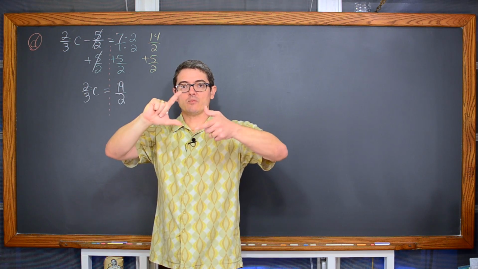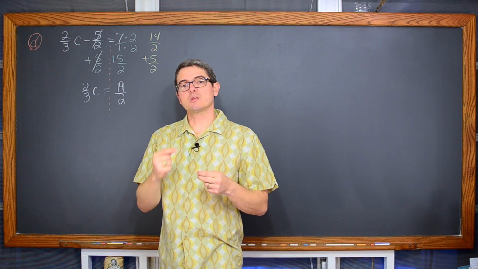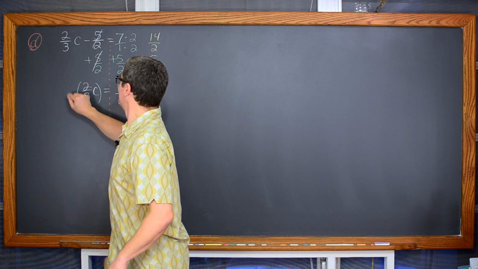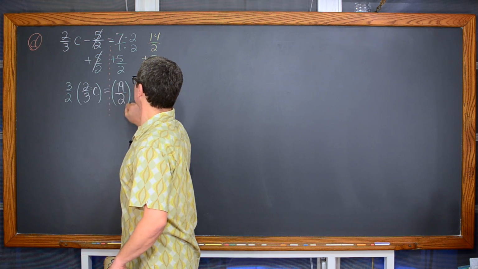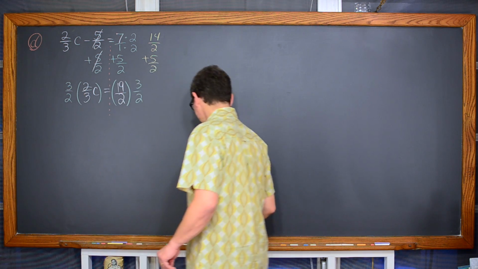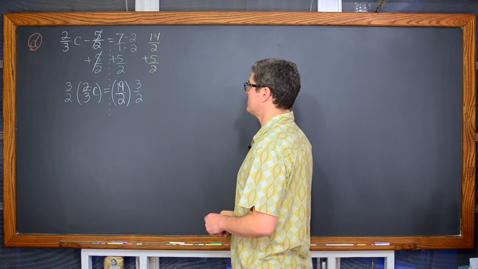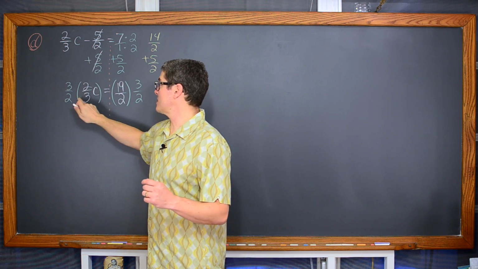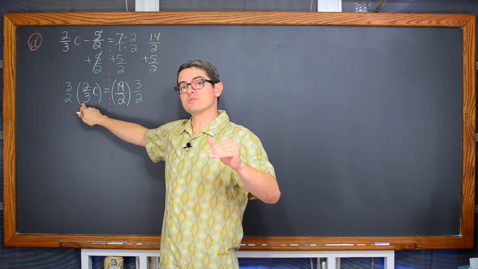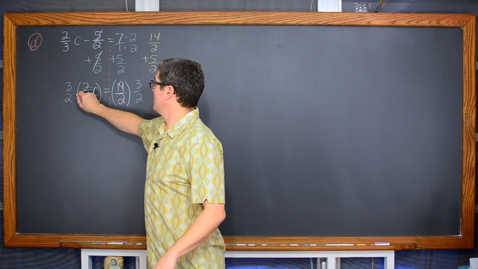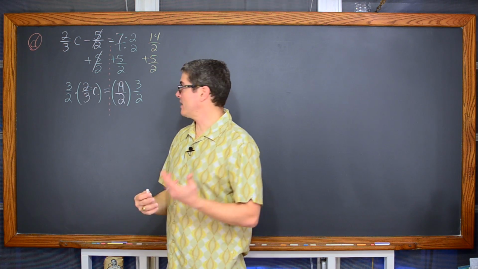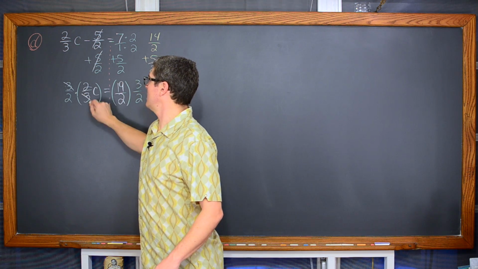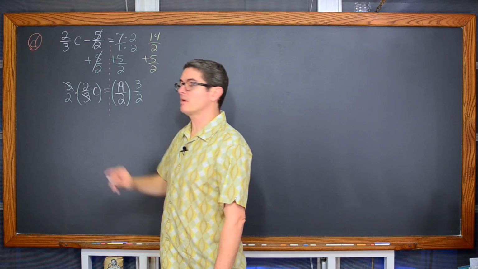Well, when you multiply reciprocals, those numerators and denominators will cancel out. So we're going to multiply both sides of this equation by 3 over 2. You could write 3 times 2 is 6, over 2 times 3 is 6, and let the 6 over 6 cancel out to be 1. Or again, recognize that you're multiplying these, and across a multiplication symbol, that factor of 3 and that factor of 3 in the numerator and denominator are going to cancel out.